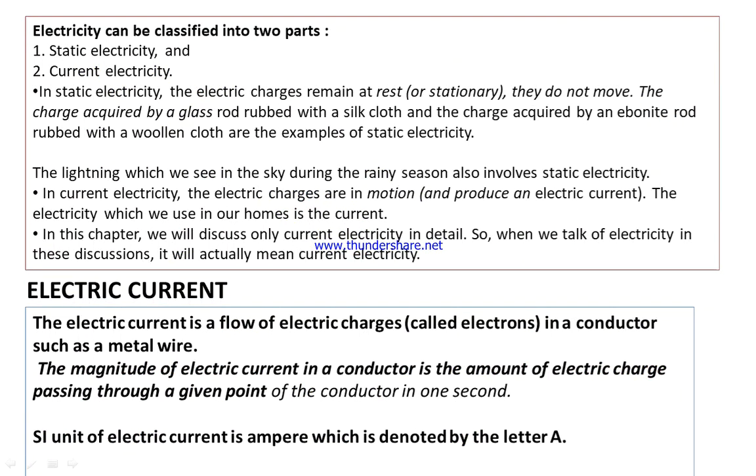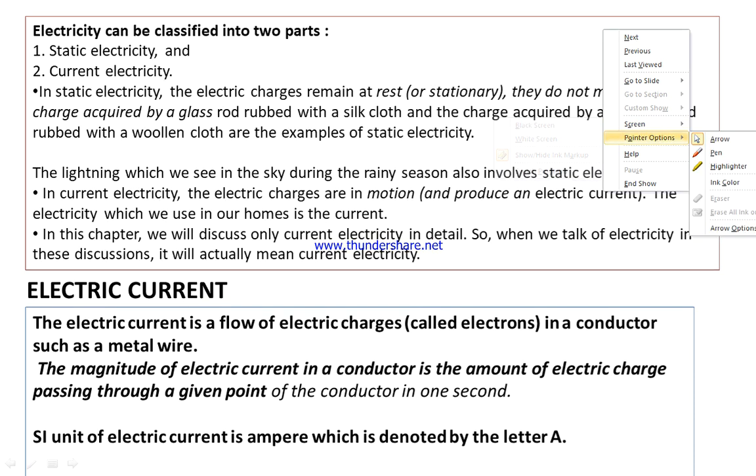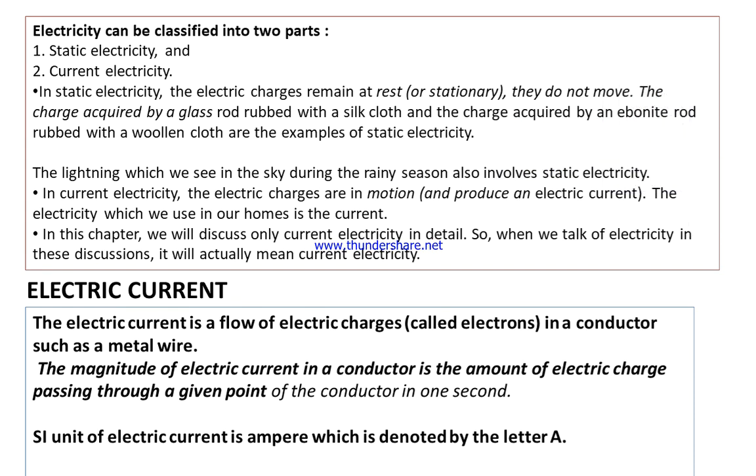Now we have to study electricity in two parts. The first part is static electricity. Static electricity arises when the charges are lying at rest. This part is also known as electrostatics, which we cover much deeper in class 12th, but in class 10th we deal more with the electric current, the part of electricity because of the motion of the charges.